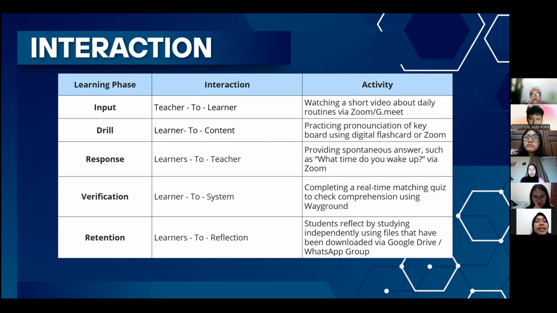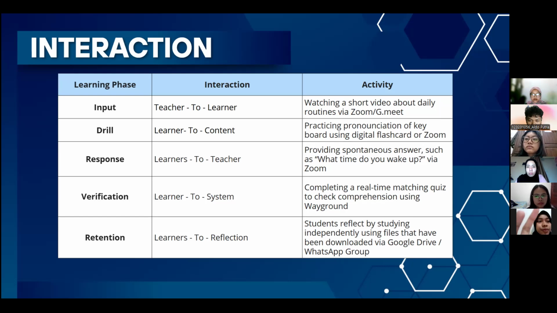And then the next is the verification stage, which involves learner to system interaction. In this stage, students complete a real-time quiz using Wayground.